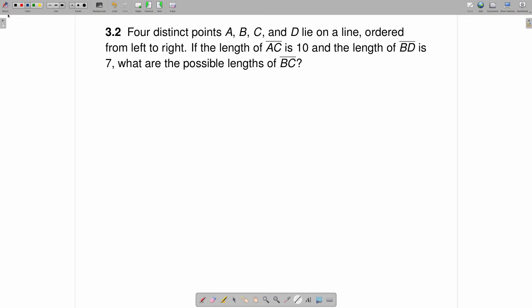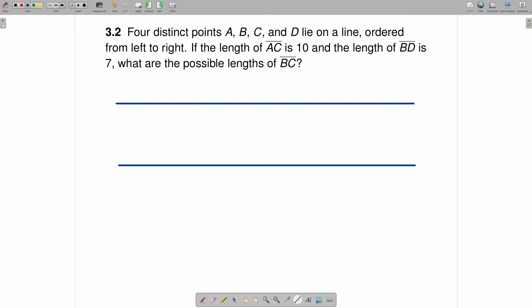Four distinct points, A, B, C, and D, lie on a line ordered from left to right. If the length of AC is 10 and the length of BD is 7, what are the possible lengths of BC? So here's the line that they lie on, and in fact I'm going to draw two more versions of